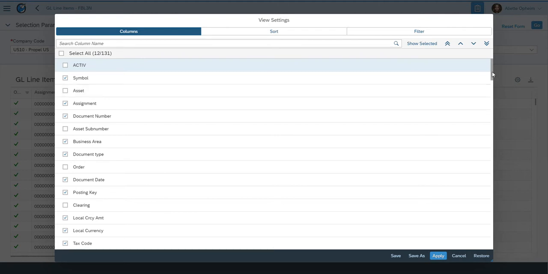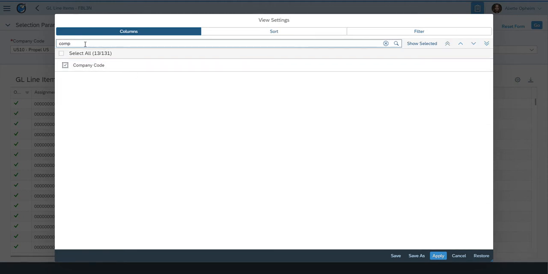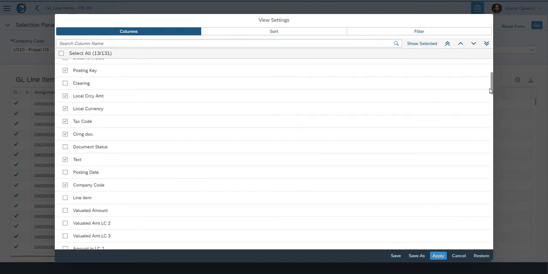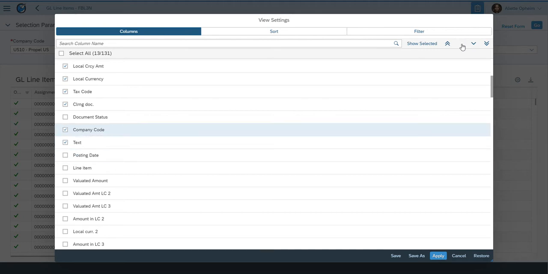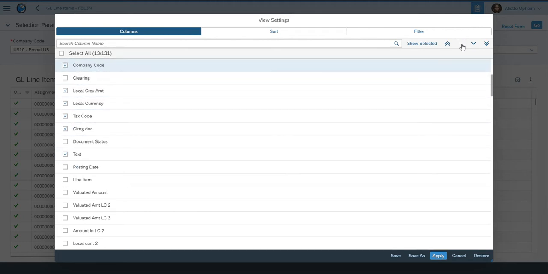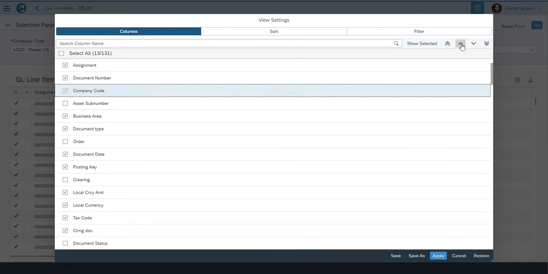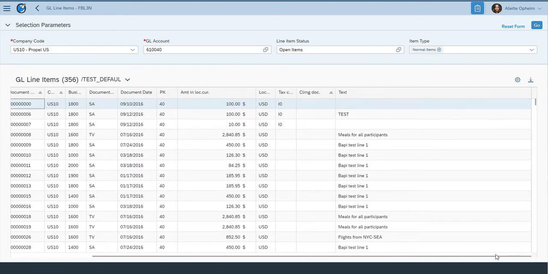And then what the user could do is search for a field and then select it. By selecting it, it gets added, and you can see that the company code is added here. Then the user could move the column so that it appears as the column just after document number. Once the user does this and says apply, the document number appears as the second column. So that's the first thing. The next thing